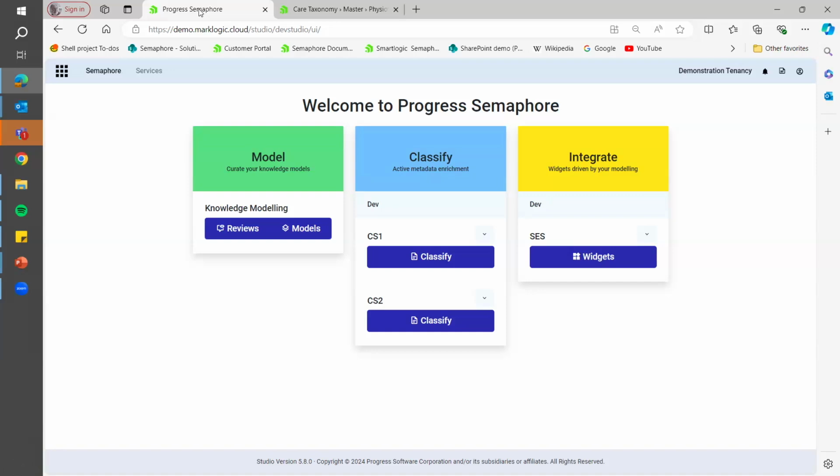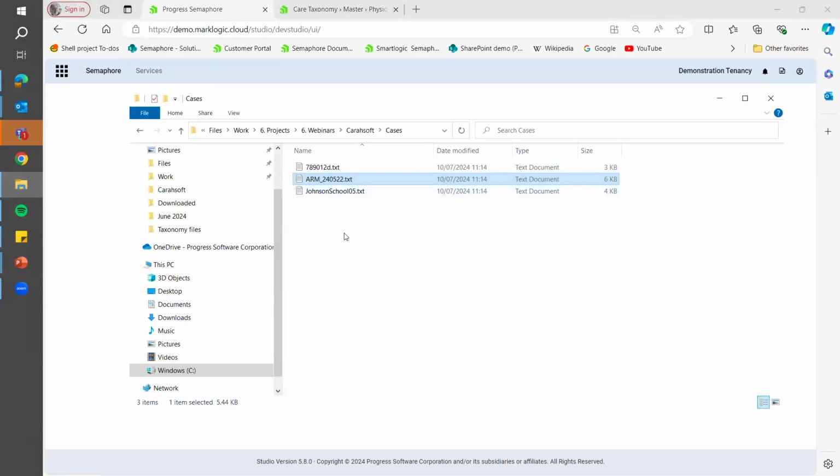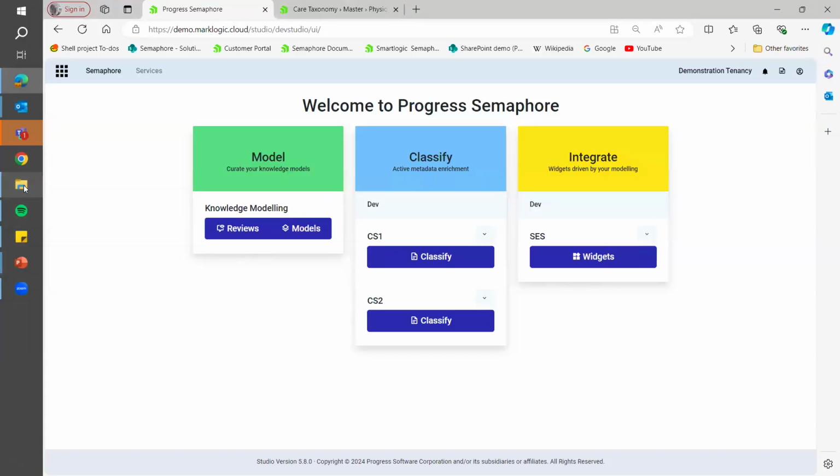So let's look at our first scenario. We said early on that caseworkers are often pushed for time. So how can Semaphore help with that? Well, we can help by automatically populating metadata. What we have here are 3 caseworker reports. The file name isn't really helping us. And rather than force the caseworker to sit down and come up with rich metadata and rich descriptions, let's make Semaphore do that job. So we're going to